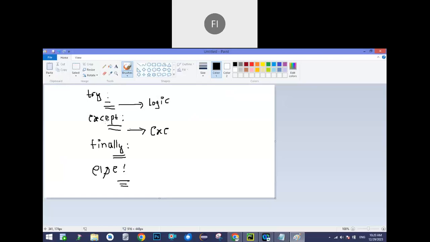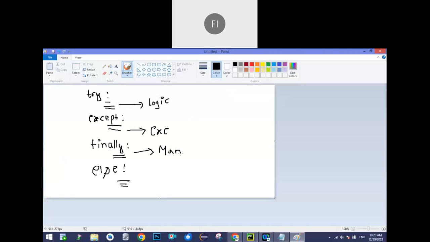Okay, so here the error handling code will be in the except block. Remember, try is the block where we write the main logic. Except is the block where we write the error handling. That means if try executed, except won't be executed, because if try executed, there is no error, so except won't run. Only if try fails, except runs. That is the block concept. And finally, it will execute all the time, that is, it's a mandatory block. Okay, that means it runs every time. When try runs, it runs, and when except runs, it runs. Meaning, whether an error comes or not, it runs.